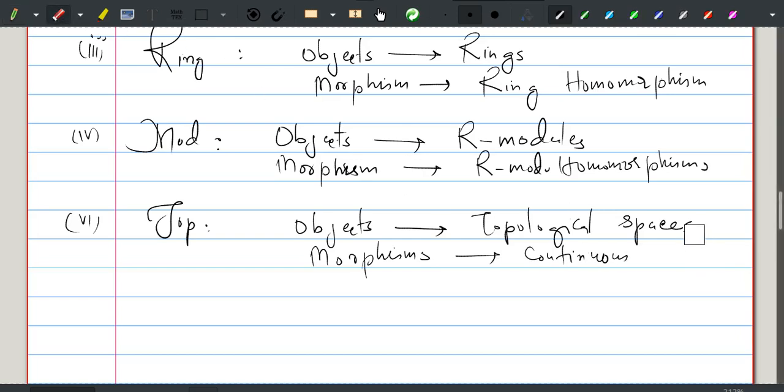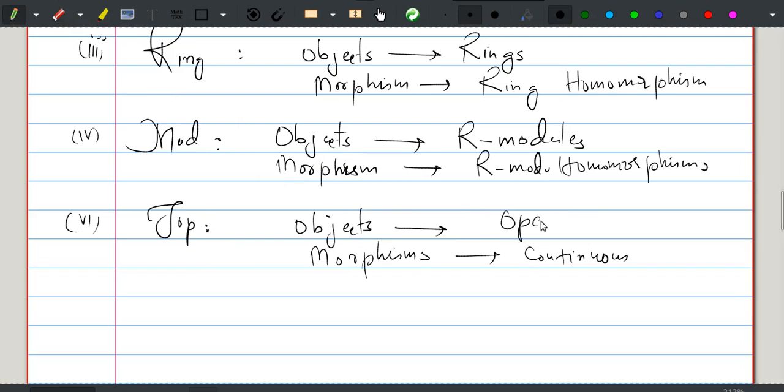Sorry, I mean the category here is the objects are just open sets, because in a topological space we define continuous maps from open sets to open sets. So open sets,